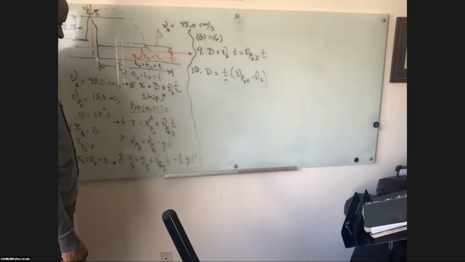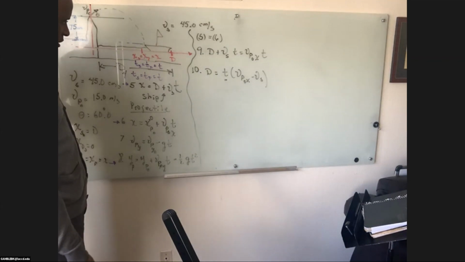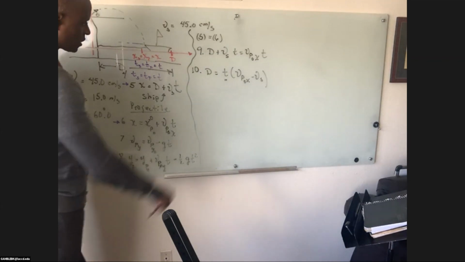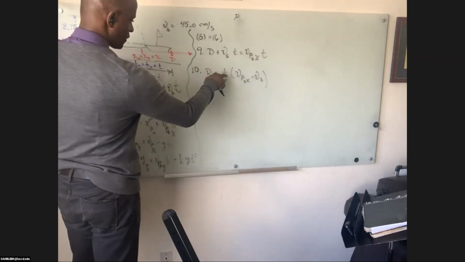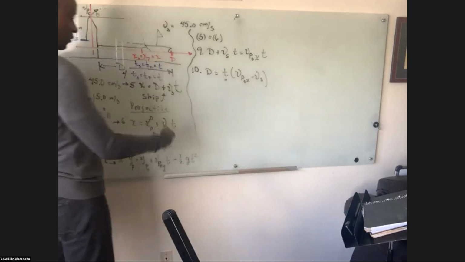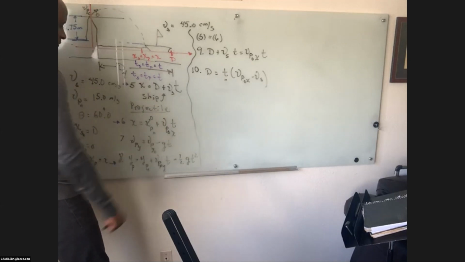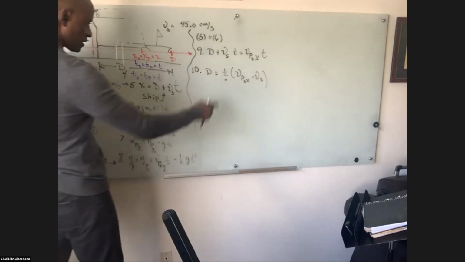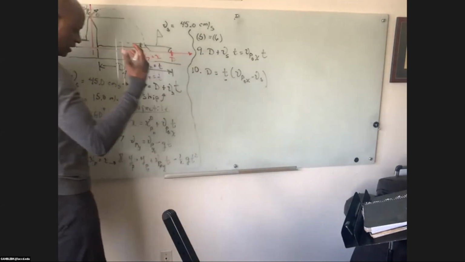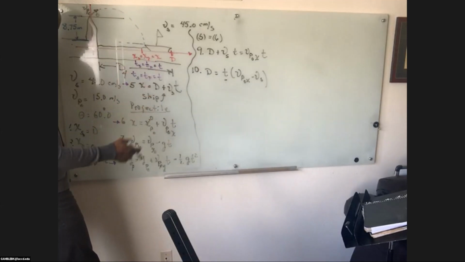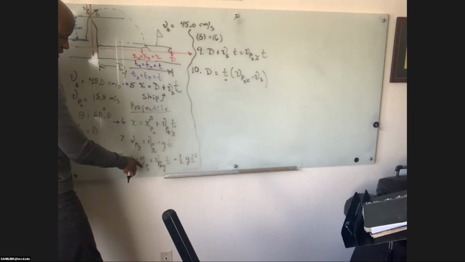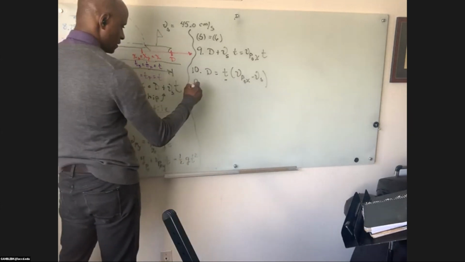In this case, I don't really need to stick it in. I initially said to solve this for T and stick it in there, but it will just convert it to a quadratic in D. What you could just do is solve this for T, and then stick the T in here. So I want to do it that way now. XP final is 0. So from 8,